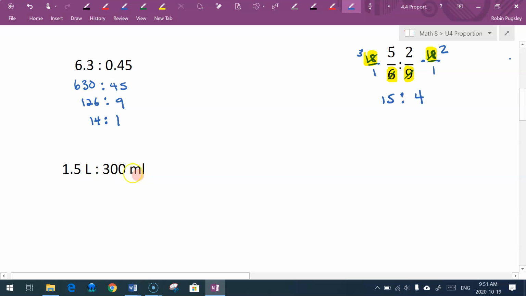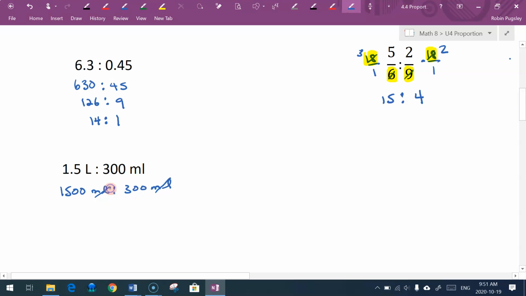Again, a reminder, if your units are different, you make them the same so that you can eliminate the units. Ratios are unitless, therefore they can use that proportion on any single different unit you want, because it just stays in proportion with the same unit. So I always like to change the bigger unit into the smaller. So I'm going to multiply by 1,000, and now I have milliliters as compared to milliliters, and so now I